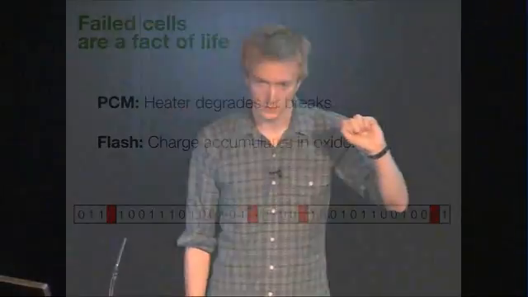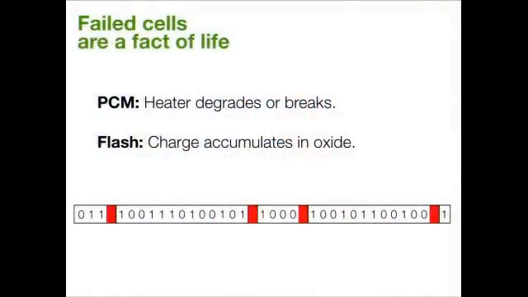So what that means is you can think of a block of PCM data, a block of Flash data, as having unusable cells in it. And each block in your memory, at any point in time, has some number of cells that you can no longer use to store data reliably. And how one normally deals with this is to append to each block some amount of error correction.